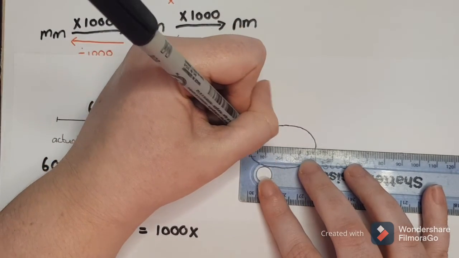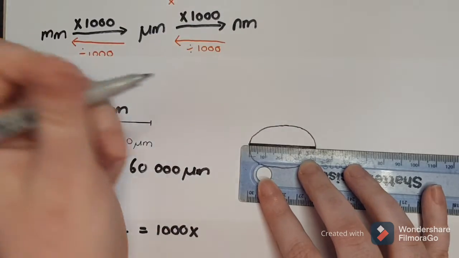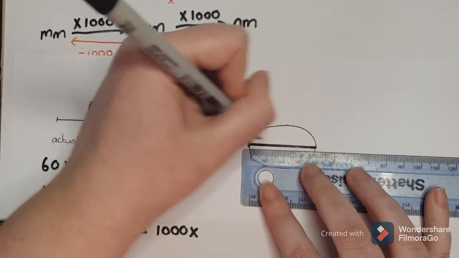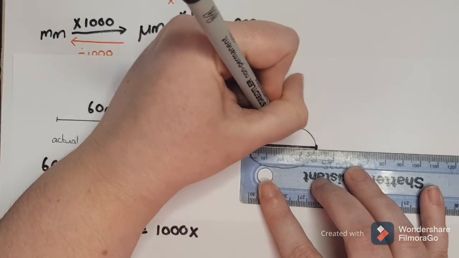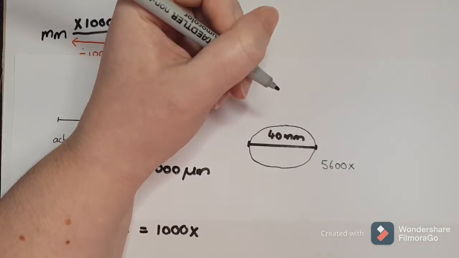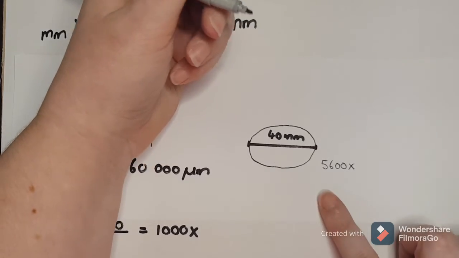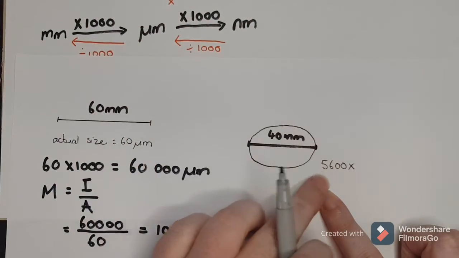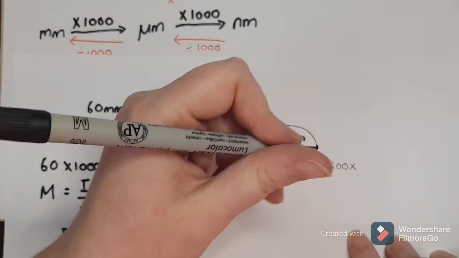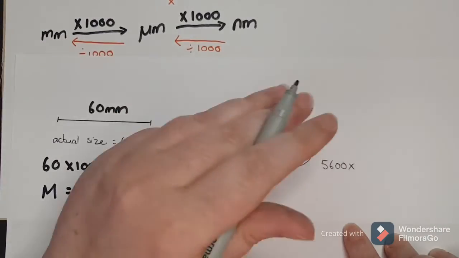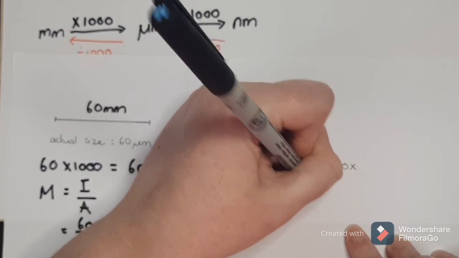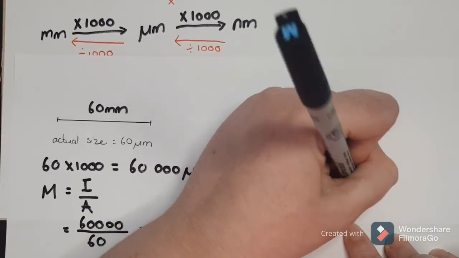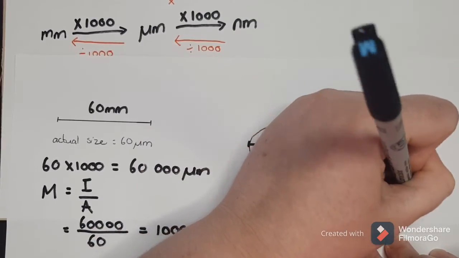You can draw a line of where you measure, because it's round, so you measure from there to there, which is 40 millimeters. Now that we've got our millimeters for our image size, we can convert that to micrometers because we always use micrometers. So we say 40 times by 1,000 is going to give me 40,000